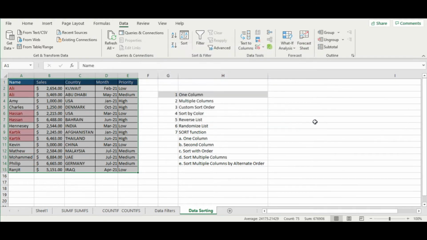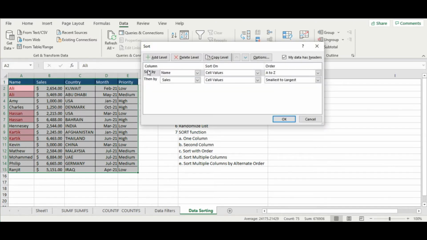Click OK, and here you see how it's sorted. Ali's lowest sales over here, followed by Ali's highest sales, Hassan's lowest, Hassan's highest. So that is a multiple column sort. Again, select the column or the table, click on the Sort icon, and you can add multiple levels here. If I want to add one more level, I say add one more level, and this level